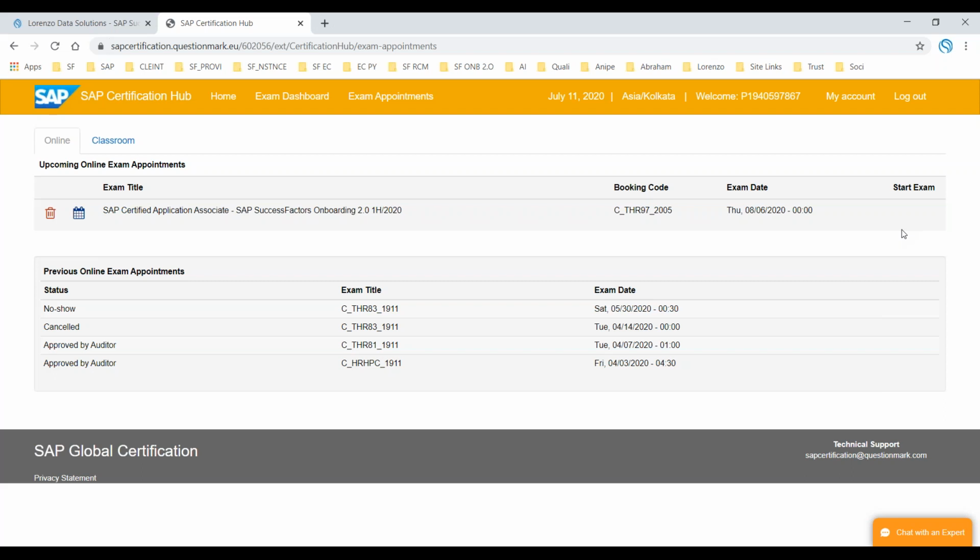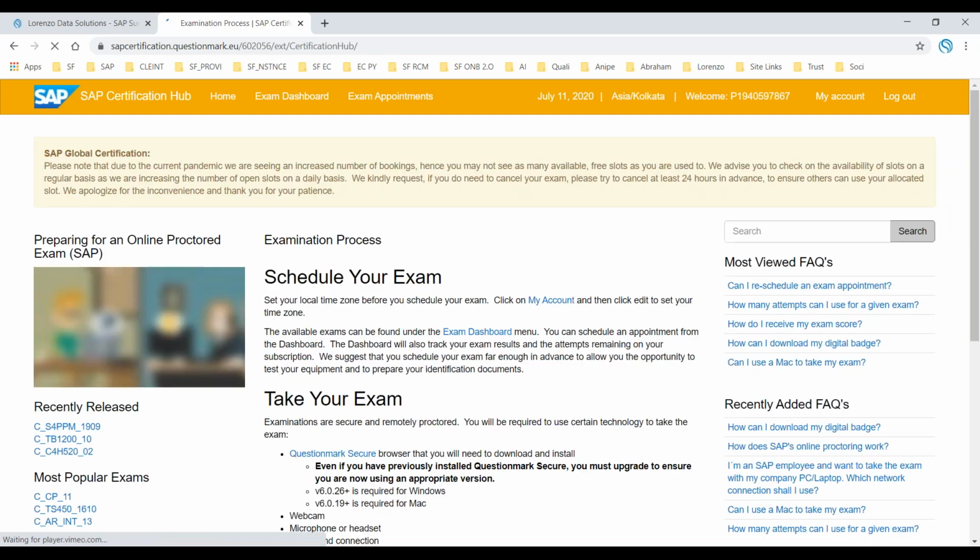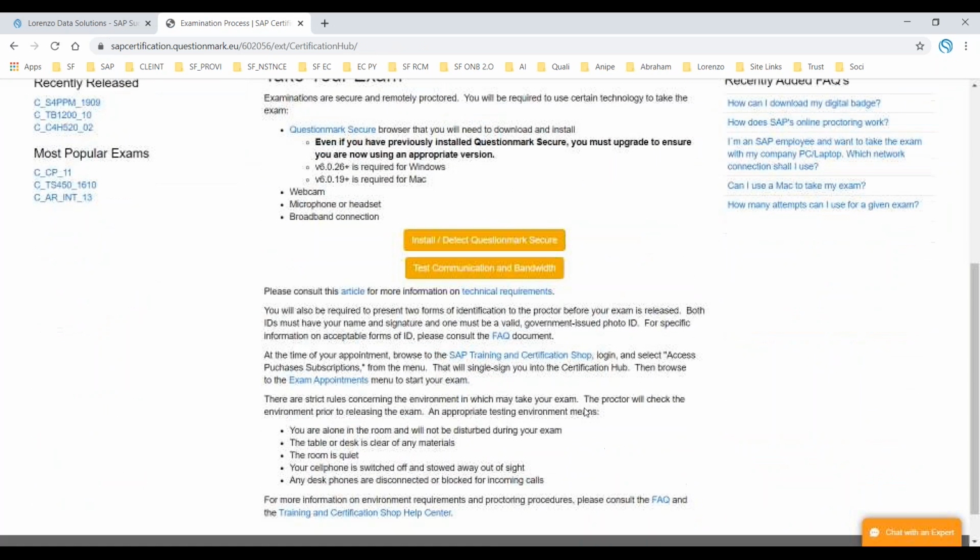And one more thing: before you attend your examination, which you write through webcam, a proctor will come and ask for your ID proof. So what are the valid ID proofs you have to take for your exam? You can take a government-issued photo ID, like a passport, anything with a photo. If you're from India, let us say an Aadhaar card.